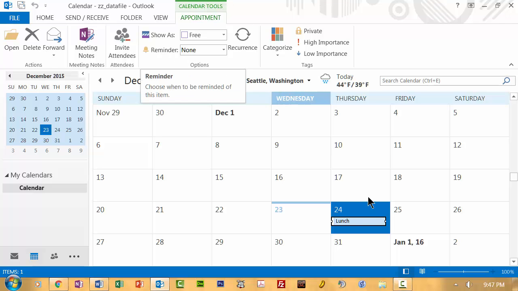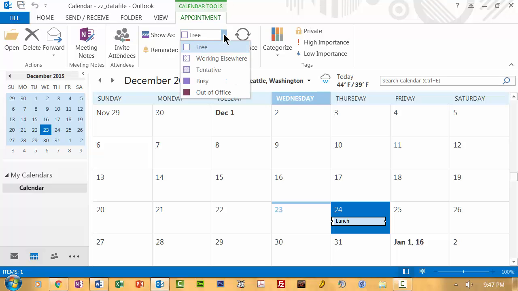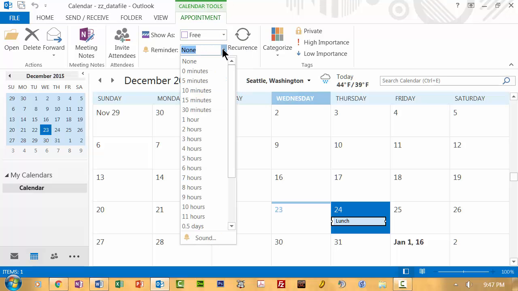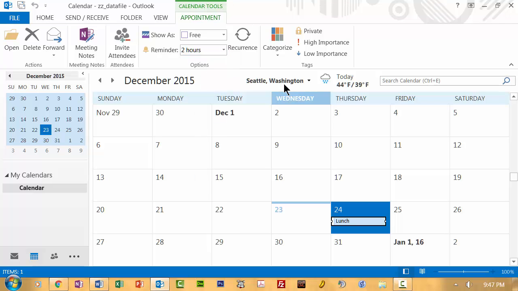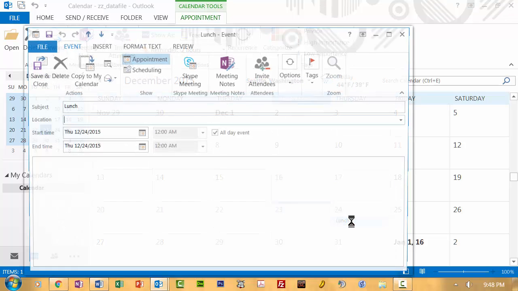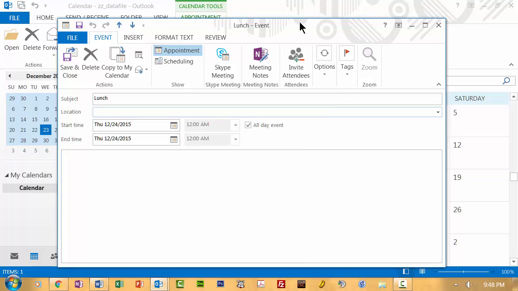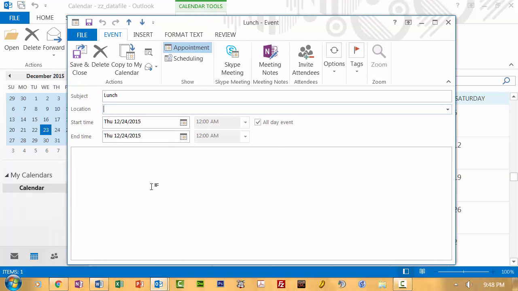So for instance, the time here is not quite good enough. Is it going to give me enough info here? Let's take a look. I'm not seeing that, so I'm going to go here. Nope. Reminder, I would like a reminder 2 hours in advance, but this is interesting. I can't actually determine until I open up the event interface what times I want the event to be. So right now I'm going to say lunch with Bridget, who's a friend of mine. And let's just say we're going to meet at Razzy's Pizza